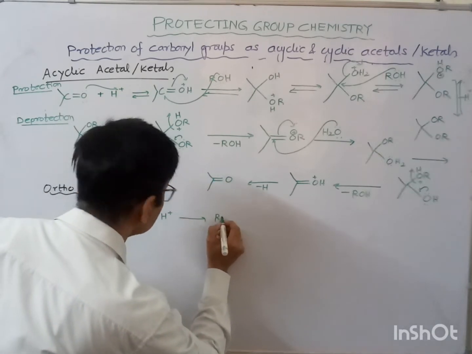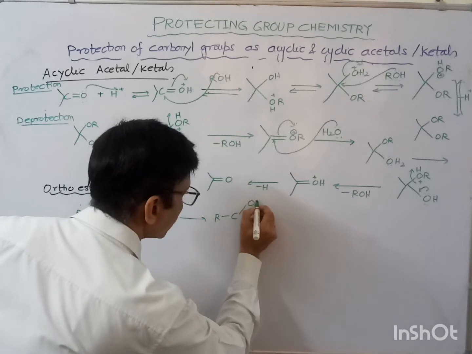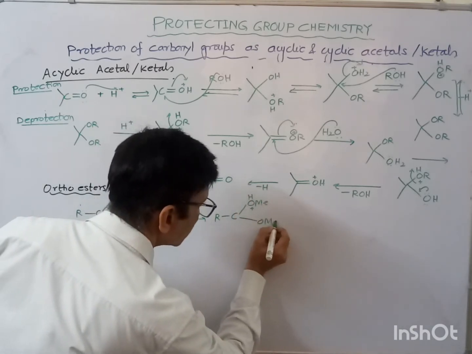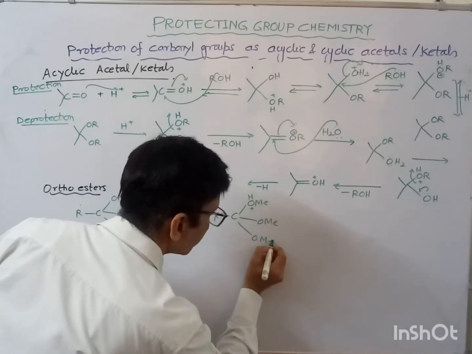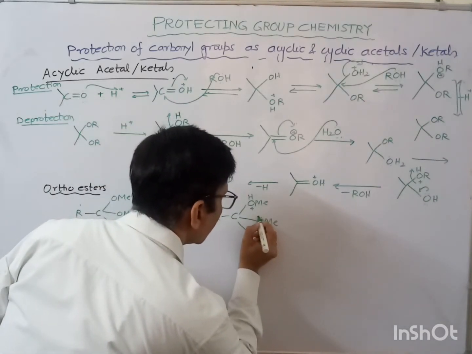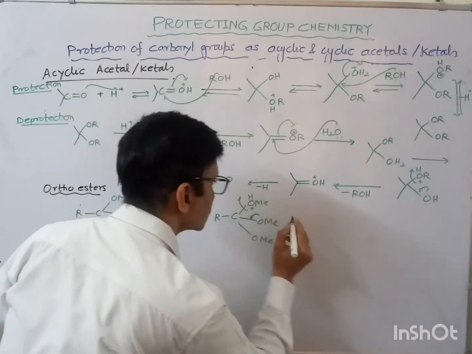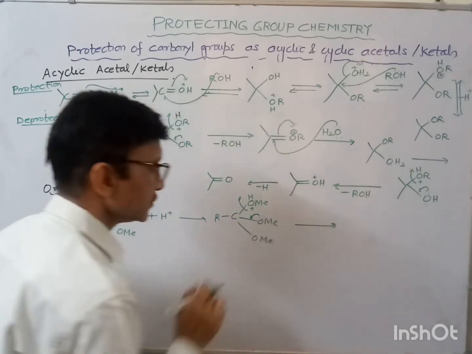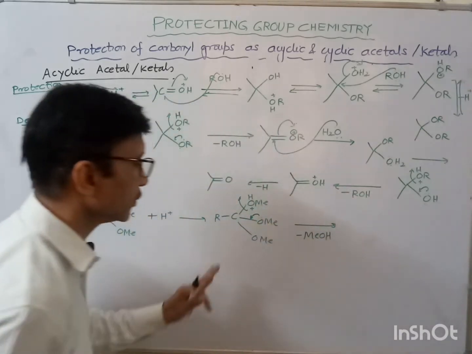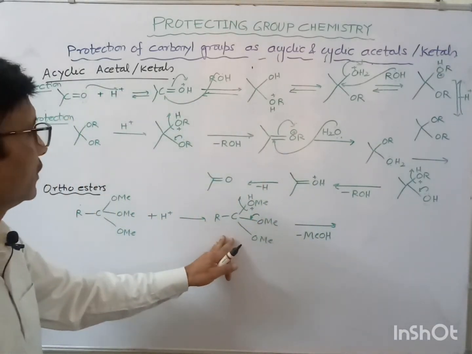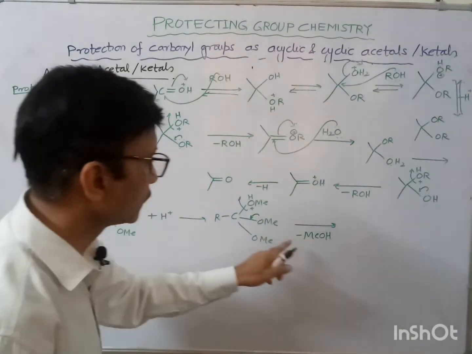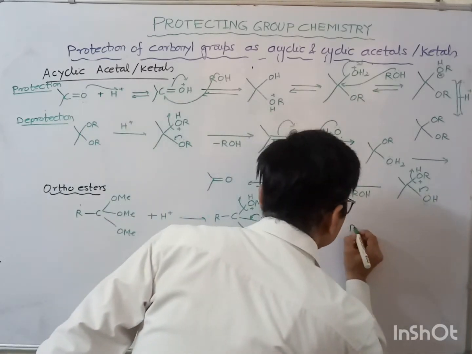So one of these will be protonated. Now one of the alcohols is removed over here. Suppose one of the methanol molecules is removed, and it will act for the protection of this carbonyl molecule. So one of the alcohol molecules is removed, and in the next step,